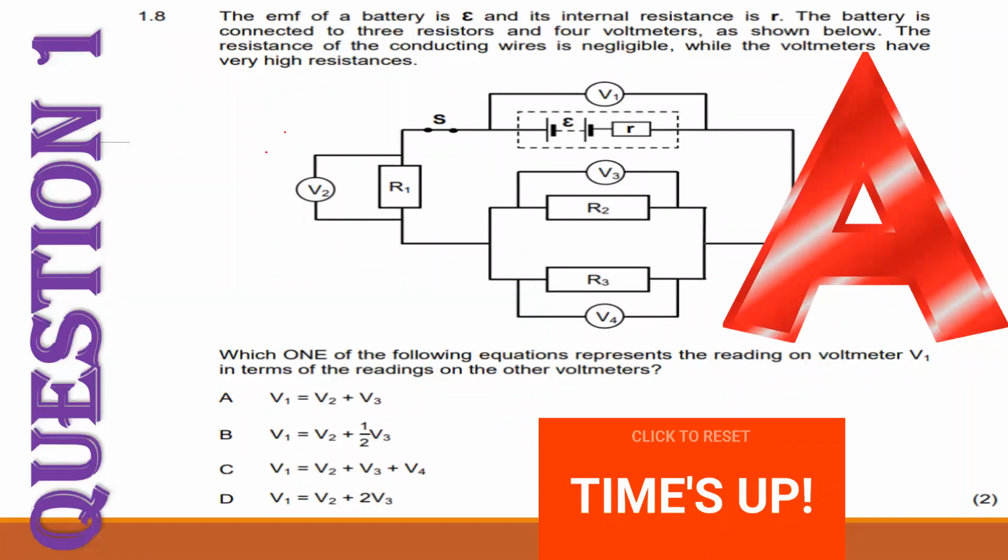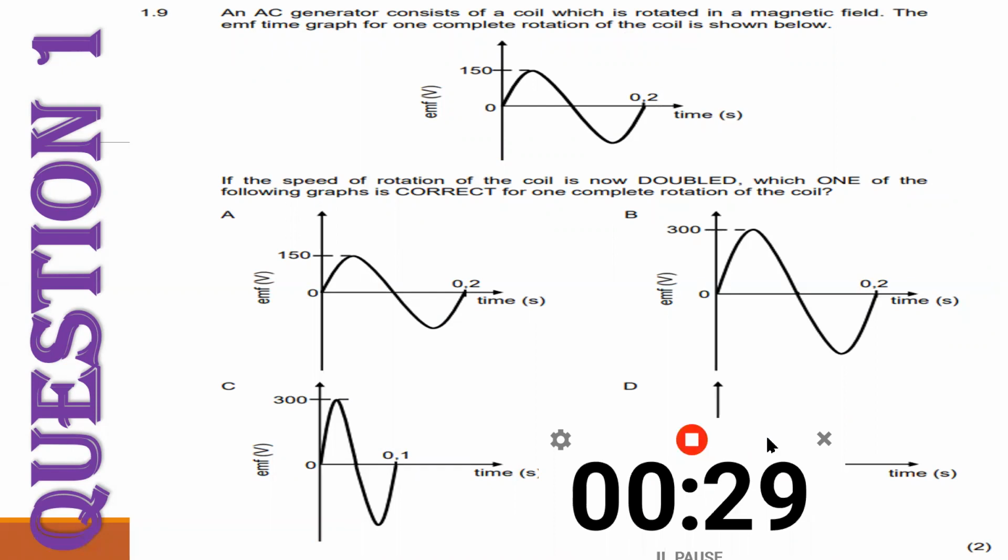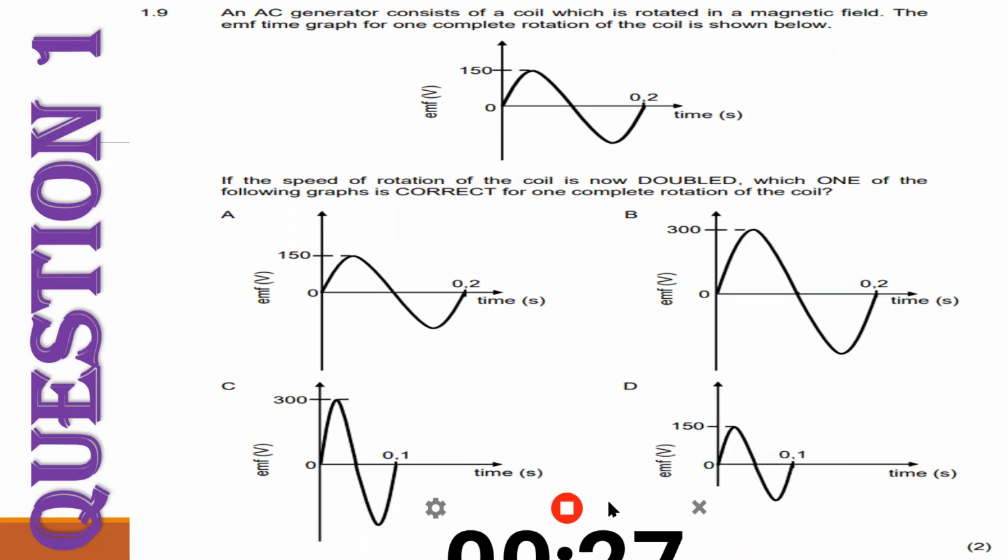1.9 is coming now. Question 1.9, AC generator. For the AC generator, what are you doing now? An EMF and time graph is given, and it asks if the speed of rotation of the coil is now doubled. Okay, let's give you time. If you double the speed of rotation of the coil, what is going to happen? What is your new graph